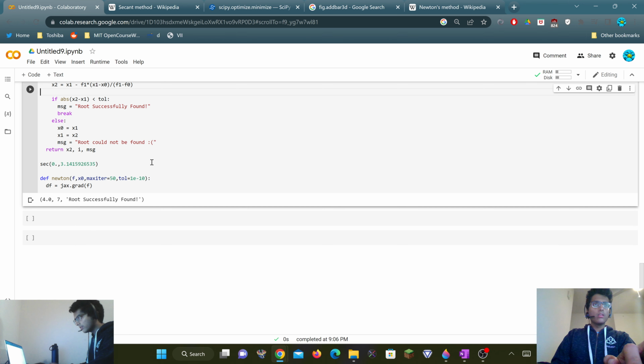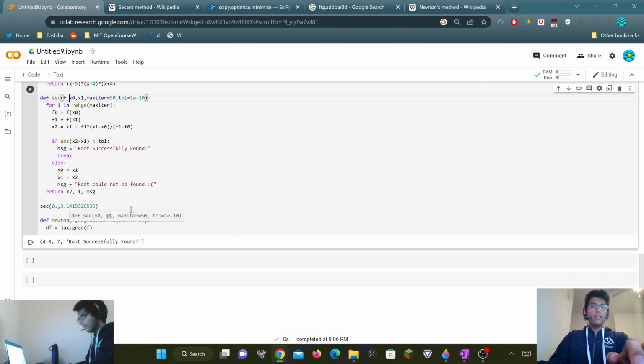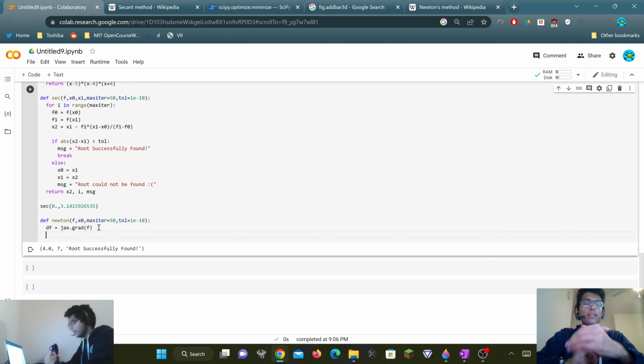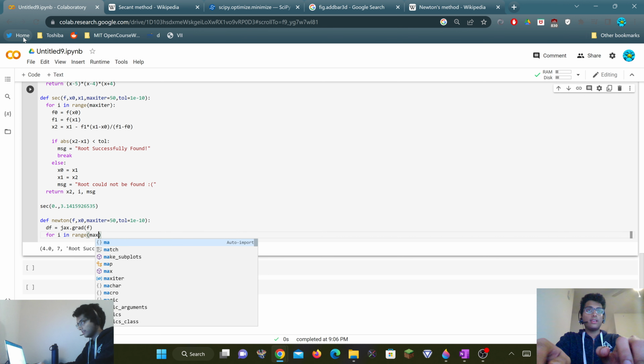Just making sure. Okay, I forgot one main argument. We need the function. Yeah. So df equals jax.grad of f. Yeah. And then we're going to basically do this exact same loop. So for i in range max iter,